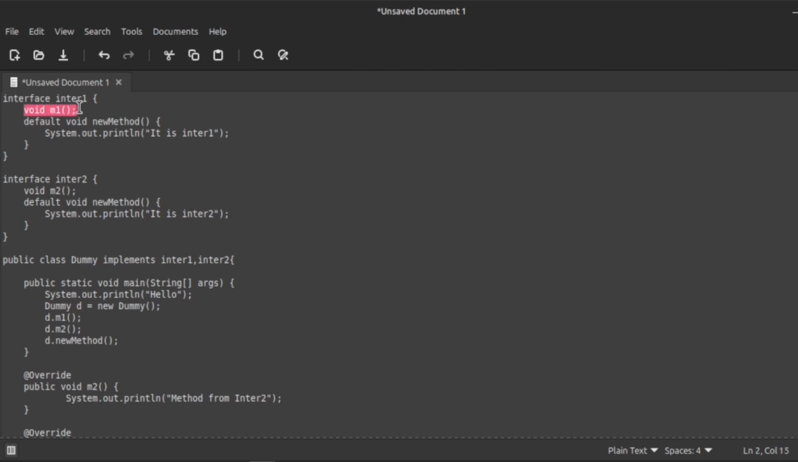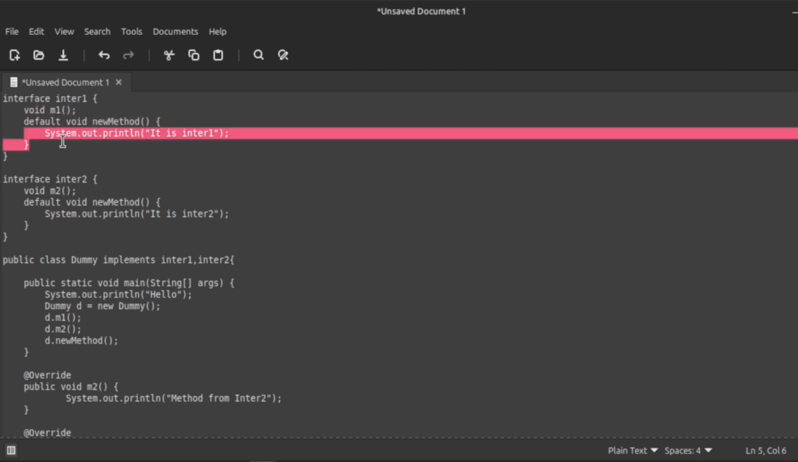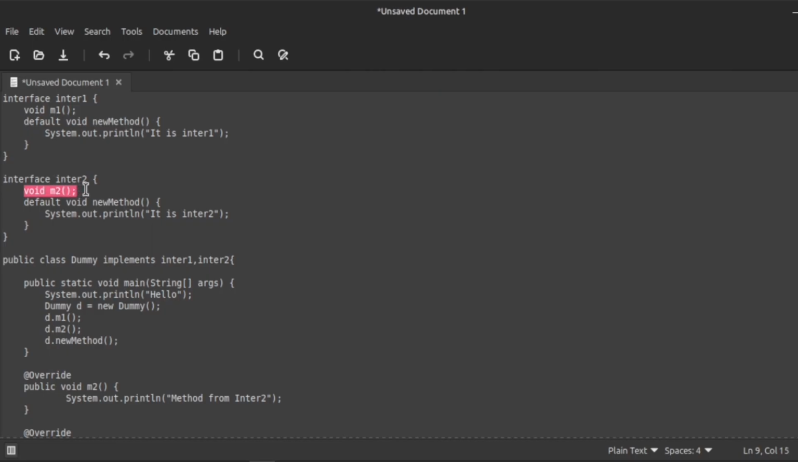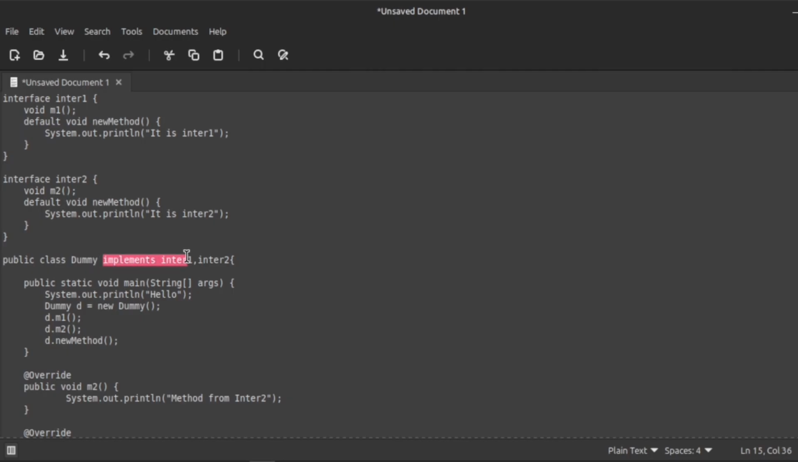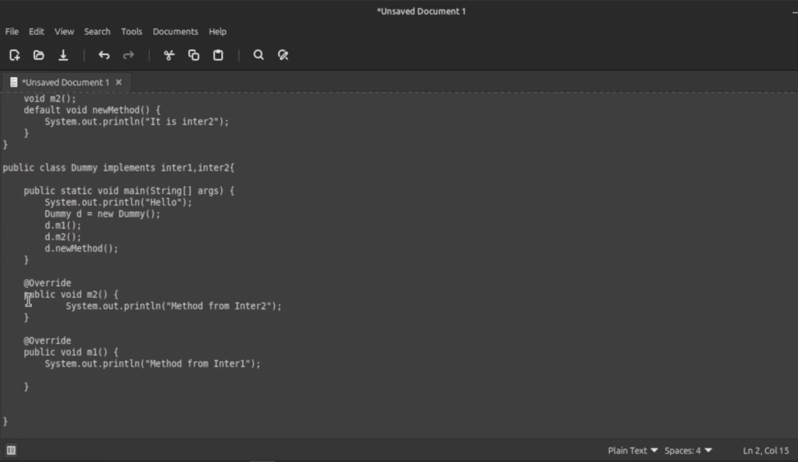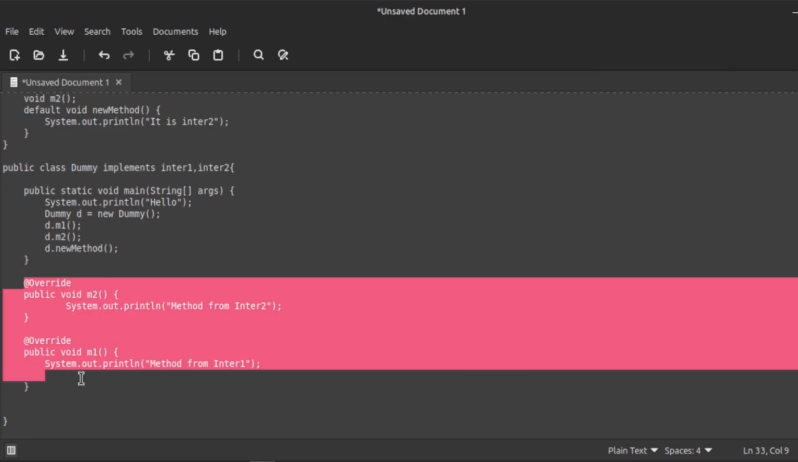So now it is clear that there is no problem in the syntax. In the first interface we have one abstract method and one default concrete method. We are doing the same here, with one abstract method and one concrete method. Now we are implementing these two interfaces. The responsibility of the dummy class is that you have to override or implement M1 and M2. Because whenever we implement an interface, if that class is not an abstract class, then you have to implement all the abstract methods. The same thing we are doing here, we are overriding M1 and M2